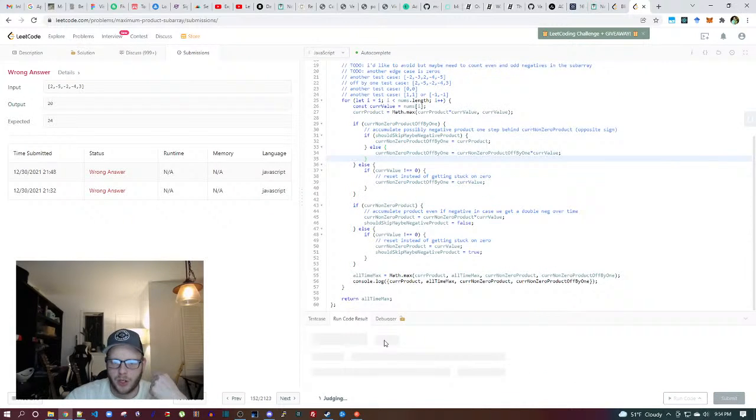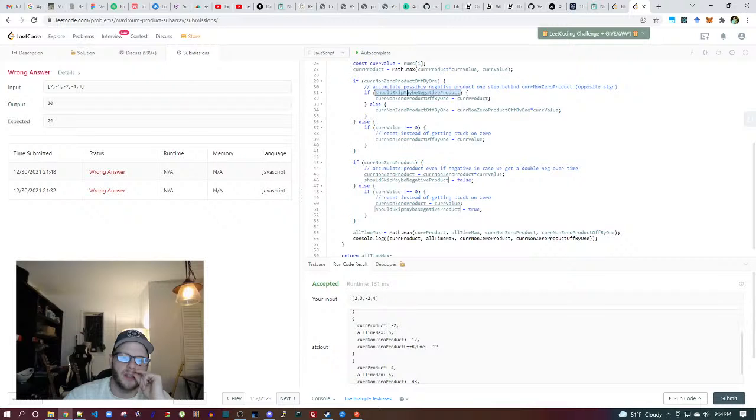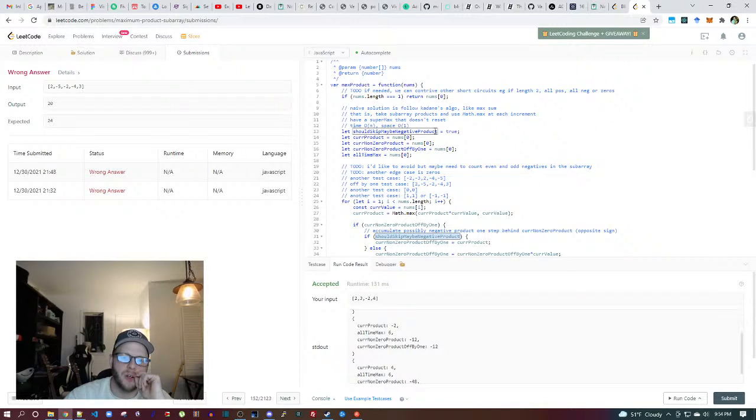Okay, so let's run this code. This was accepted. Now what do I see? I see 2, 6, and then here it is at 12 again. If I should skip and it defaults to true,